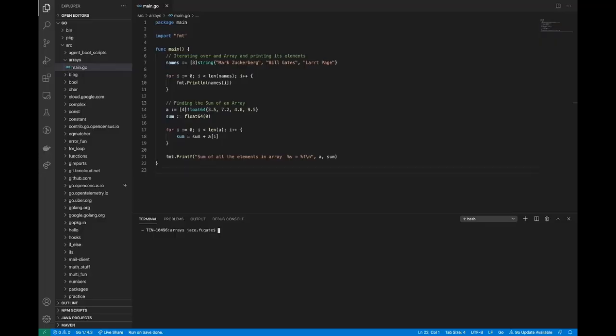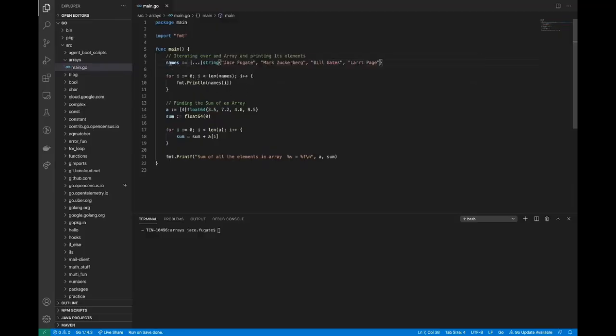So I have two examples up here of how you can use looping over an array to do something that you would like. In this first example, we created an array of 3 items type string. And again, we could have done it this way. We could have put the 3 dots so that we just inferred the size. And again, it wasn't 3 dots because there's 3 items. It's just 3 dots because that's the syntax. I could put in here my name, and it would work just fine, even though I'm not a famous person here. But when this runs,